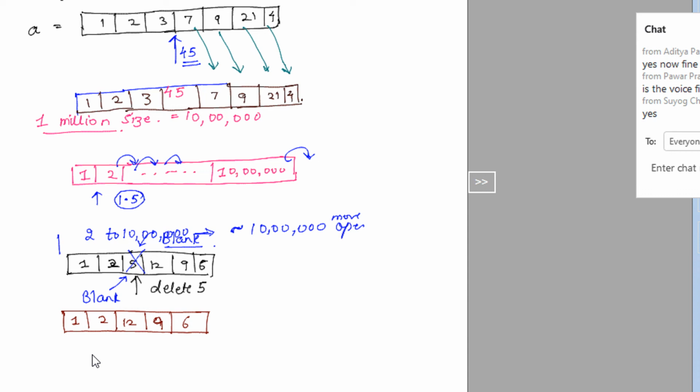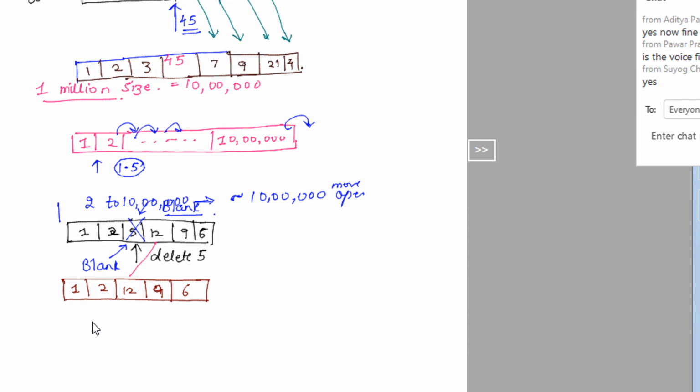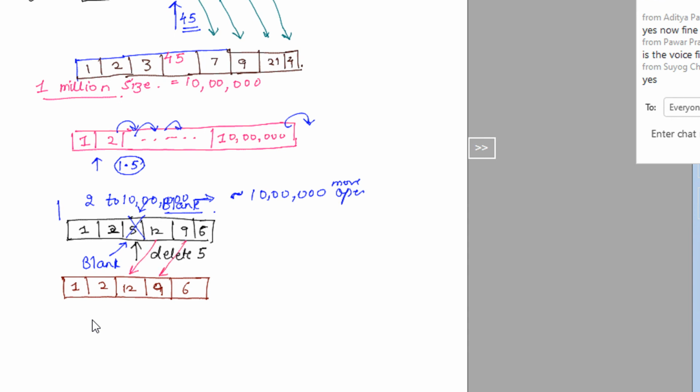So now what is happening? Again, I am doing a move operation. I am moving this particular thing to the previous location. Fine. So as you see, if we had 1 million nodes and we are deleting the second or third element, we roughly have to do 1 million move operations, right? As a result, the array operation becomes extremely expensive on the memory.